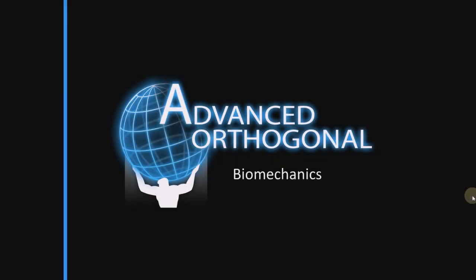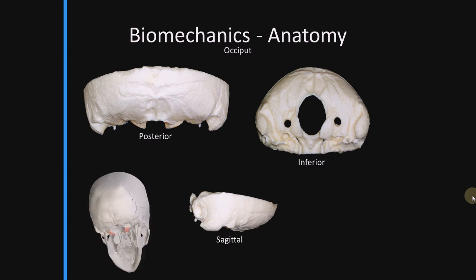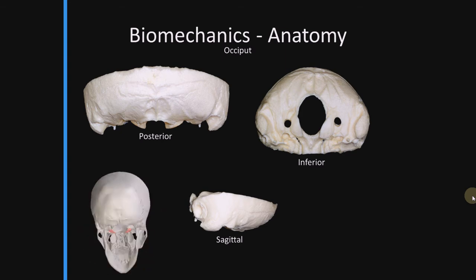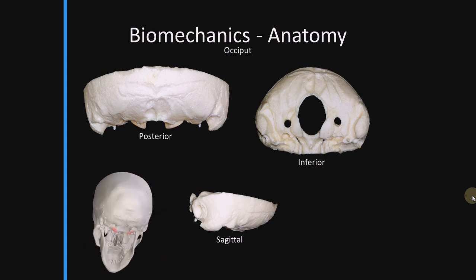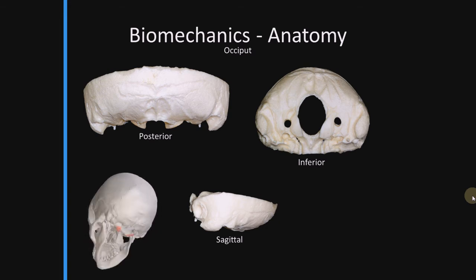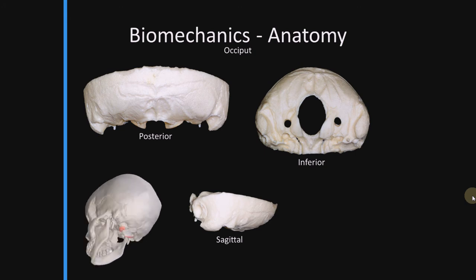Welcome to the Advanced Orthogonal Biomechanics class. Here we're going to be reviewing, on this initial slide, the bottom of the skull and the occipital condyles that articulate with the C1 vertebrae. You'll notice that they are a curved feature that is convex in shape, and it matches up with the concave